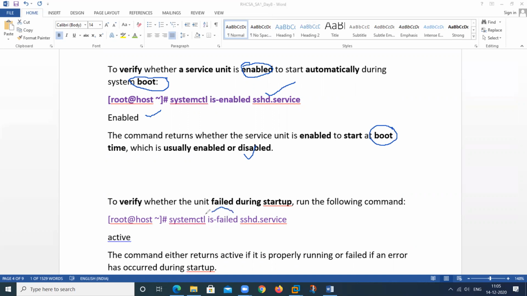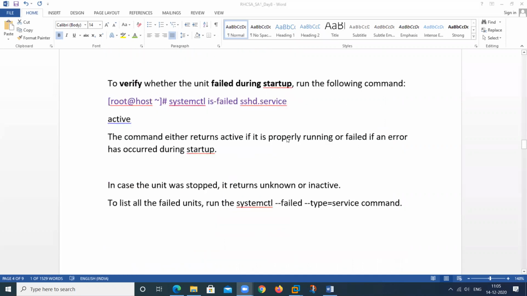And if you want to check all the services that failed during the booting or for any other reason, it will display the result. If it is failed, then it will show the status inactive and other status also. So we can use these three commands to verify the status in a small manner.